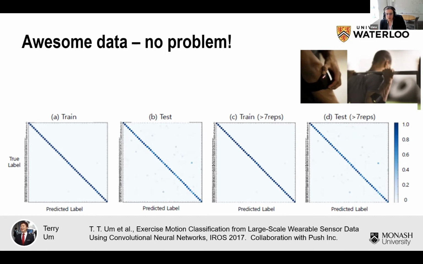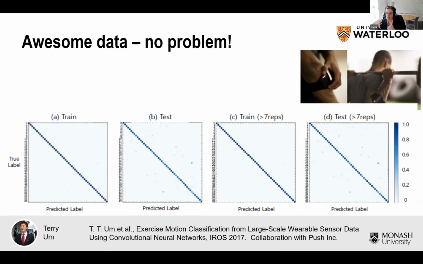So the idea is that we take a short window of time series data from the IMU sensor that's worn just above the wrist. And we input this data into a neural network, and then the network outputs a class label, in this case, the exercise being performed. However, the secret sauce in this project is that we had access to a very large